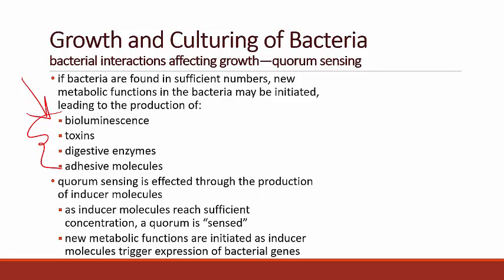And once there is a sufficient concentration of these inducer molecules, then we see the new metabolic function, whatever it is, bioluminescence or making these sticky adhesive molecules, that triggers the genes that let that new behavior turn